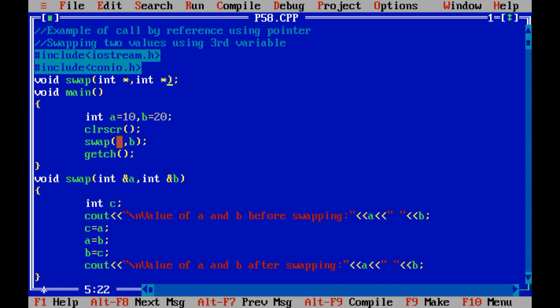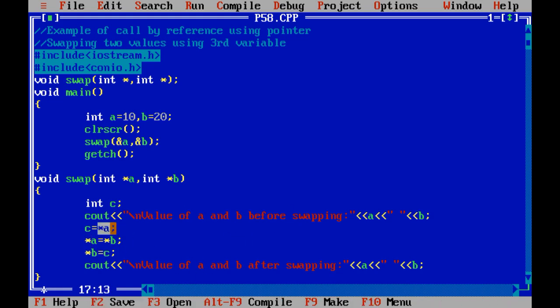Now instead of passing a reference, I am going to take pointer variables. Over here I need to pass the address of a and the address of b. Those addresses are going to be stored in pointer variable a and pointer variable b. Integer c is the normal variable I have taken. I am going to perform swapping with pointer a and pointer b. C takes the value at address a, that value is 10, and we store it in c.